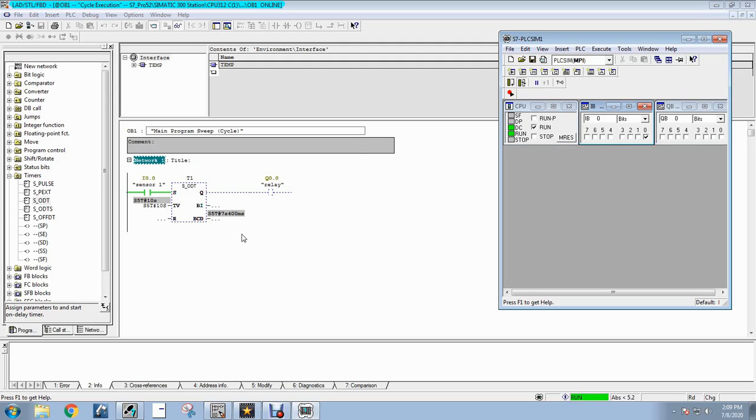Note the timer activities. It starts the countdown timer as we give the input at I 0.0. It gives the output at Q 0.0 when the countdown timer becomes completed. After the output appears, when you remove the input from I 0.0, it stops automatically.